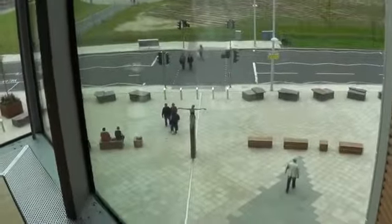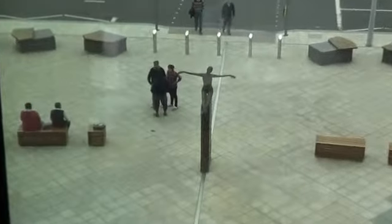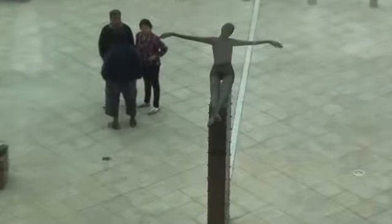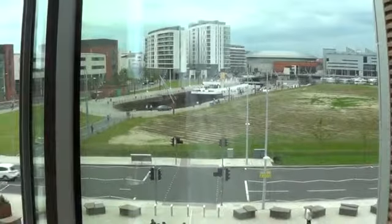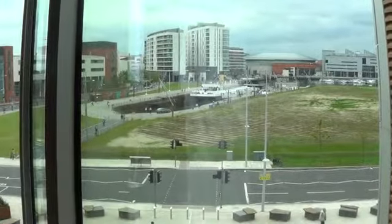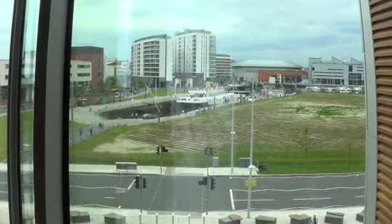And she's almost in the shape of a cross there as a memorial to all the victims. Over to the left you can see the Titanic sign, cut out of a sheet of metal, very popular for photographs. Across the way you've got the Nomadic. This is the real ship that tendered Titanic in Cherbourg in France. So you're talking about the same grade of steel, the same grade of rivets. A lot of the same workers would have been involved. And she's had a great career. She was a floating restaurant in Paris,